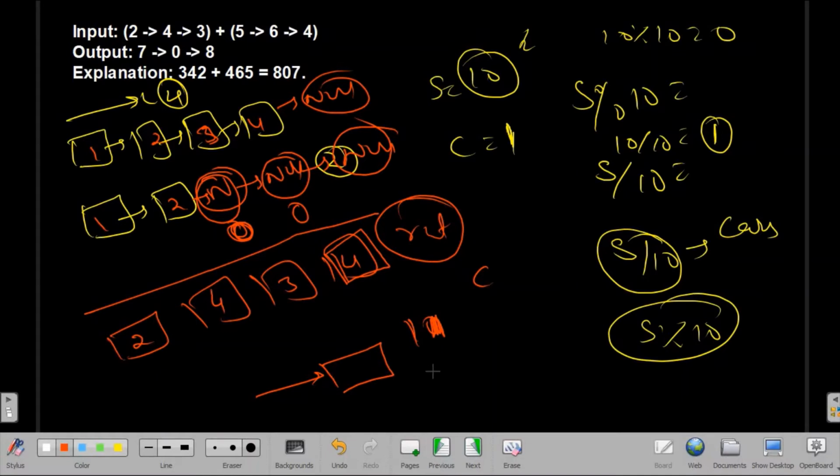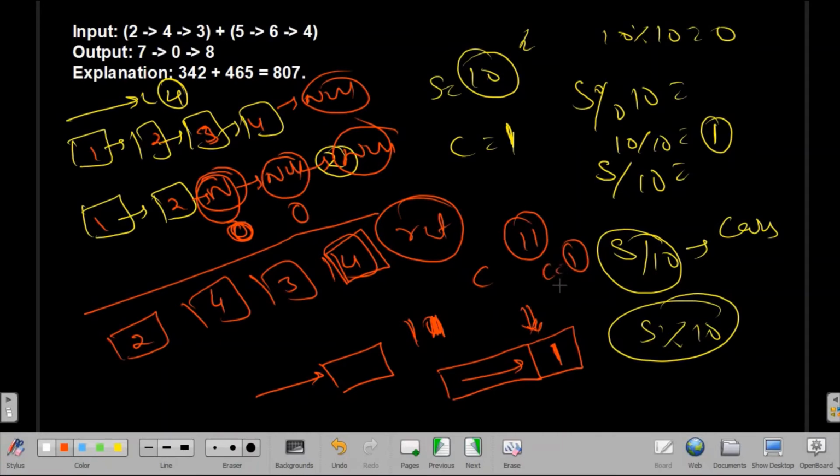So this is my solution, and at the end I have got a level as my value. Here there is some value and here I have to add the level, but we know that I can add only one digit. I will add 1 here and we are left with 1, that is the carry.